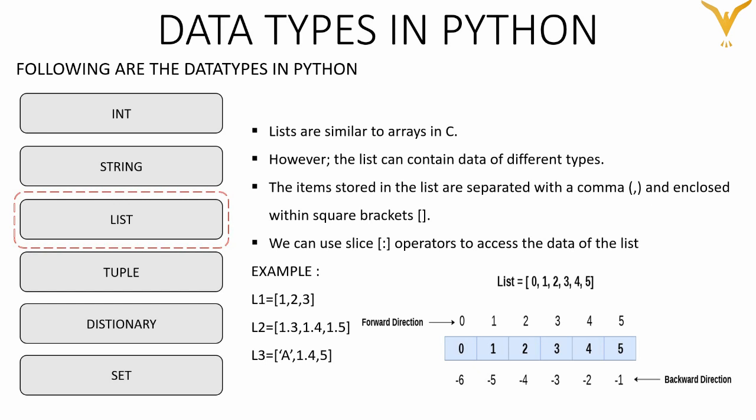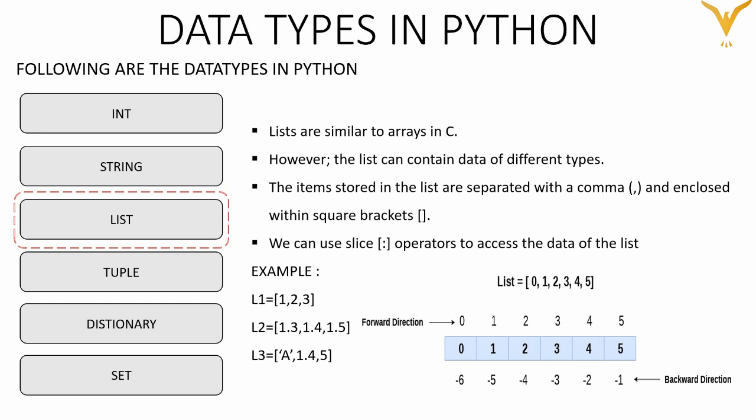But what is list? List allows you to store multiple data of different data types. It means that in a single list I can store integer as well as string values. So this is one of the advantages of the list, which overcomes the array. Now whenever you are creating a list, we use square brackets and the values inside the list are separated by commas. Clear?